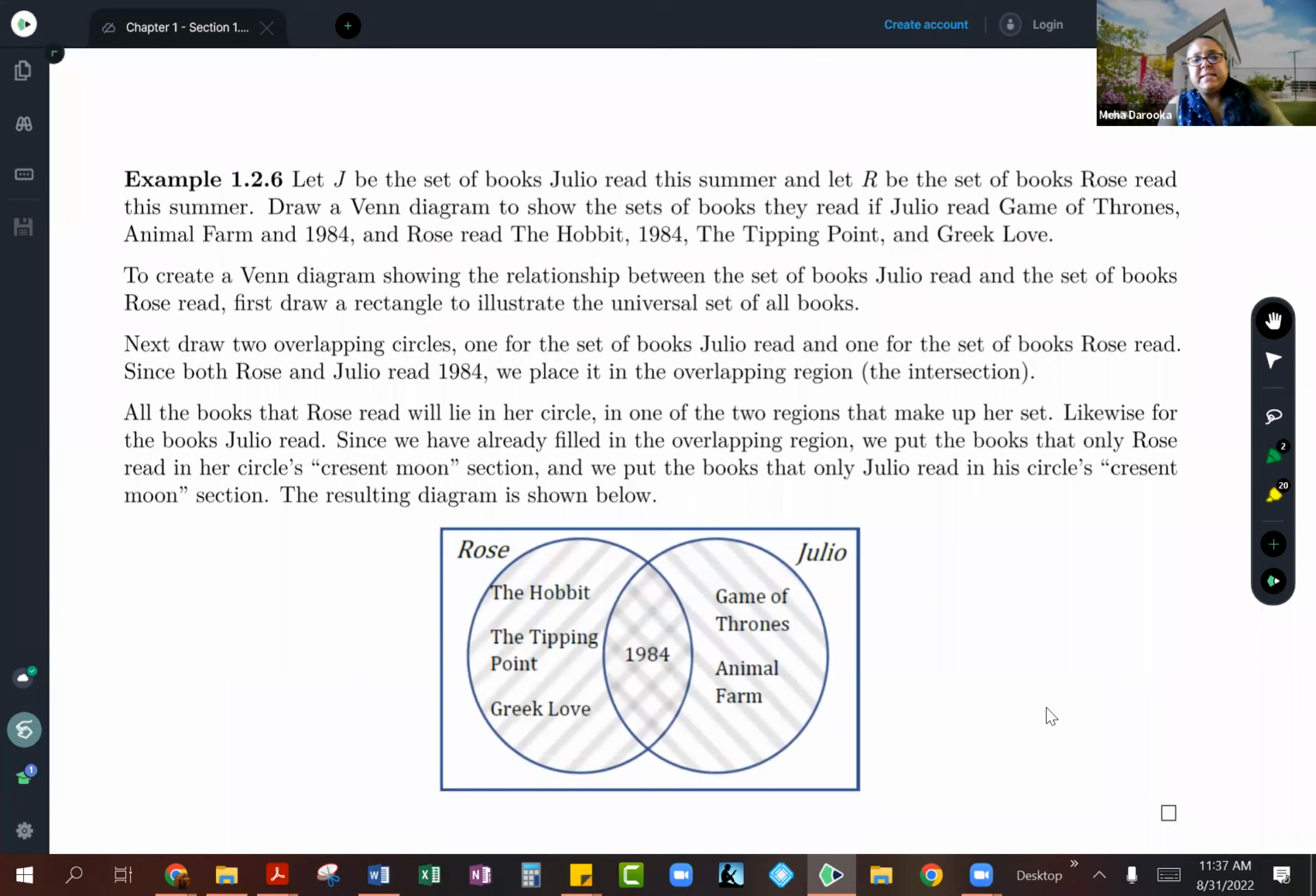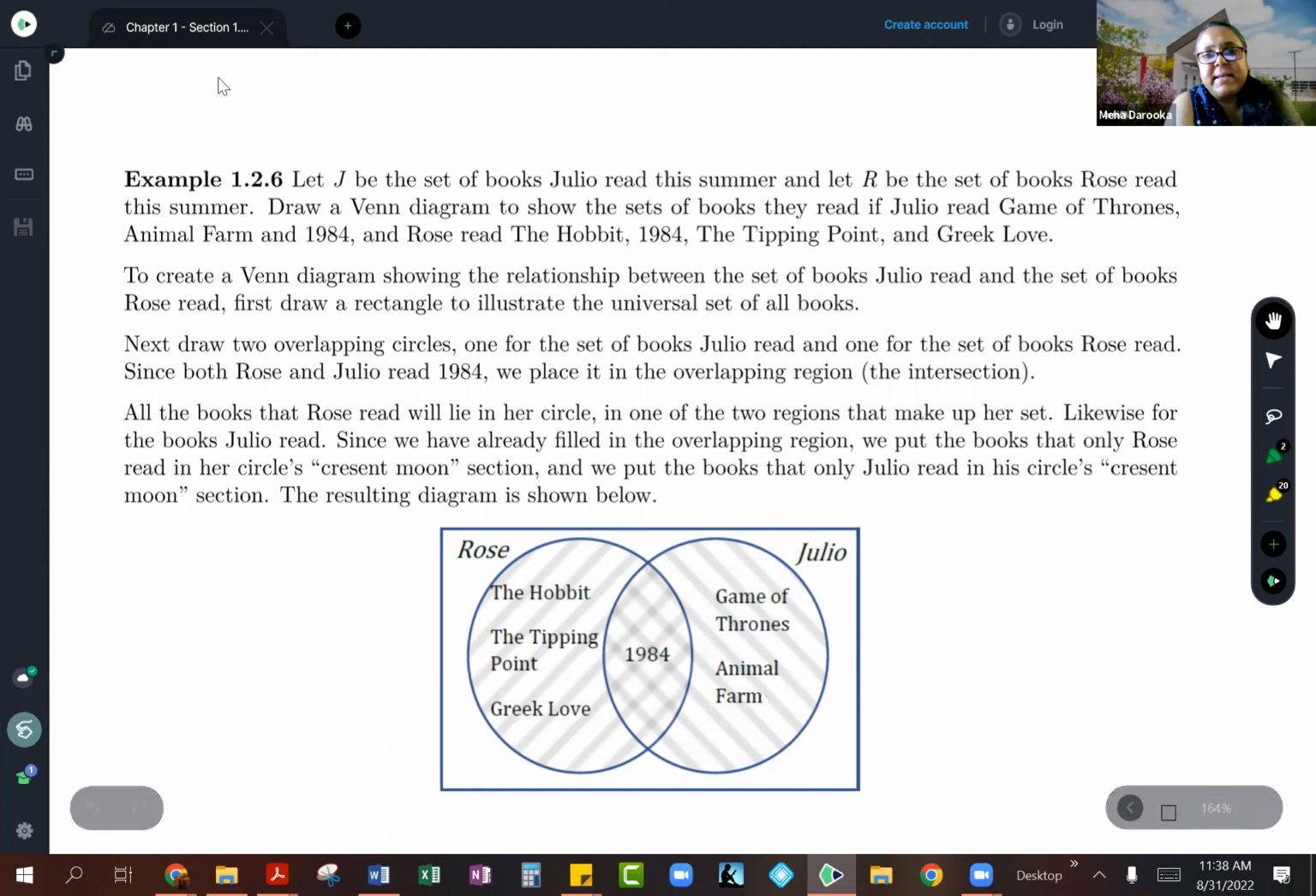So just to look at this example over here, they're talking about let J, and that's going to be the set J. Let J be the set of books Julio read this summer, and let R be the set of books Rose read this summer. So they're asking us to draw the Venn diagram for the set of books they read. If Julio read Game of Thrones, Animal Farm, and 1984, and Rose read The Hobbit, 1984, The Tipping Point, and Greek Love. So you can see between both of these